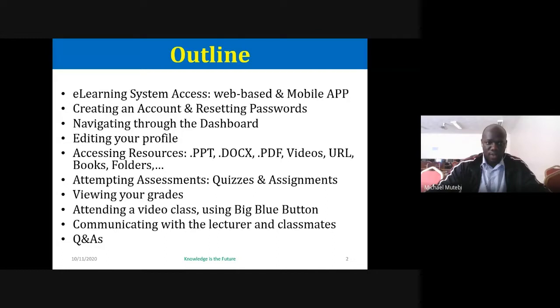We have students of CAPSOM and ILS. We're going to be looking at how to access and use the e-learning platform for Kabale University. My name is Michael Mutevi, and in this session,